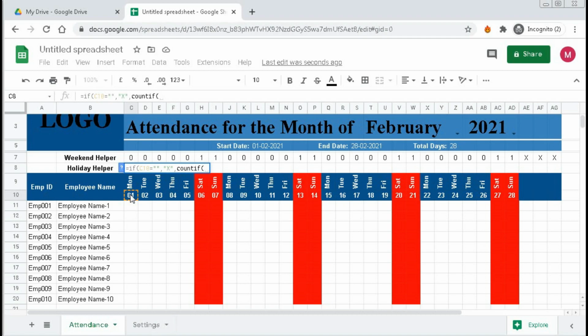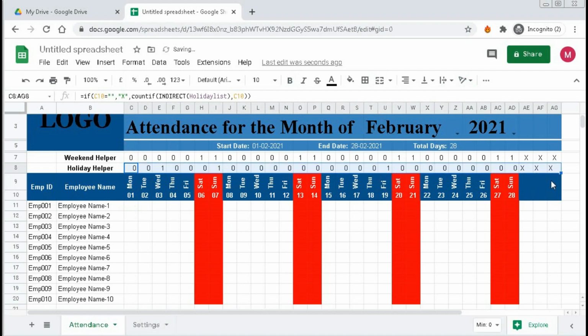So again we have to use INDIRECT, holiday list, bracket close, comma, our criteria will be this cell, bracket close and enter. Change the rotation and drag till the end and center it.